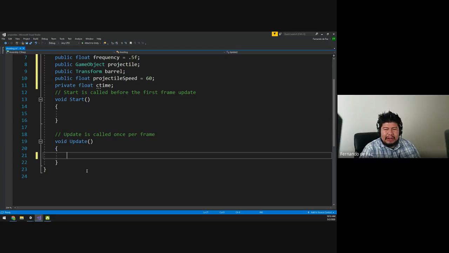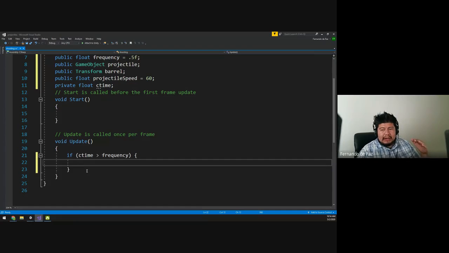Okay. So now inside the update function, we're going to say if C time is greater than frequency. That means C time has passed the frequency timer, so that means we're able to shoot. Now we need to check for something else. You're going to say